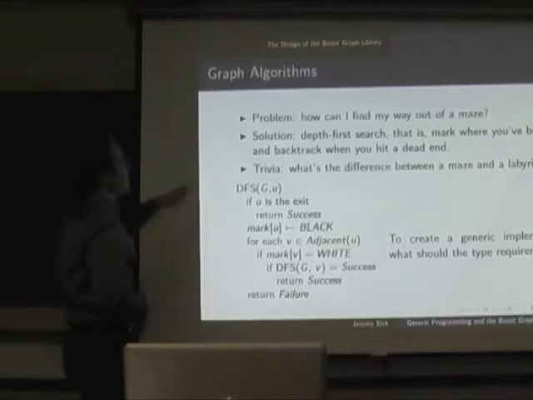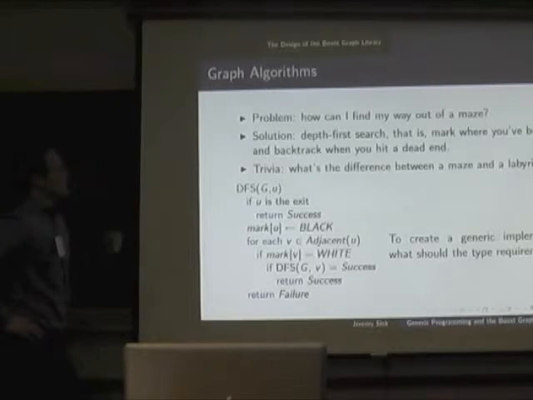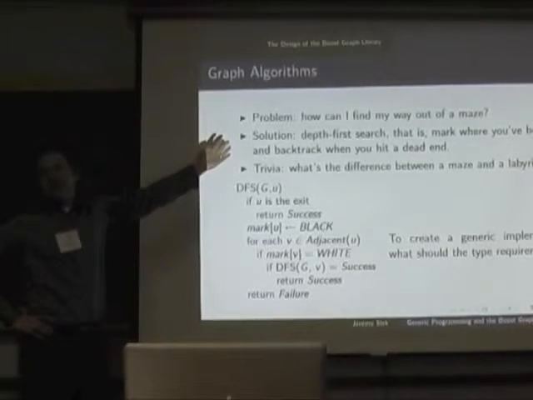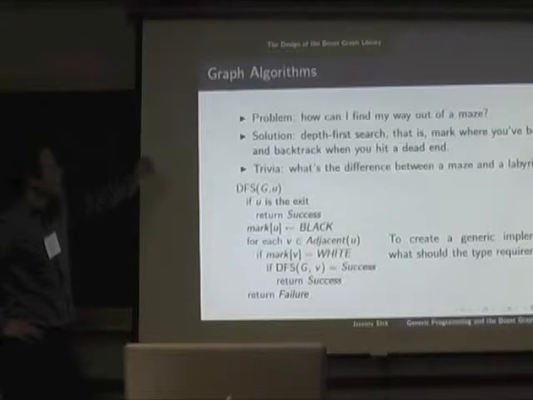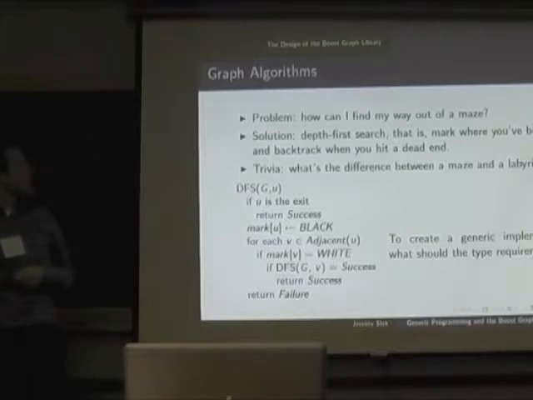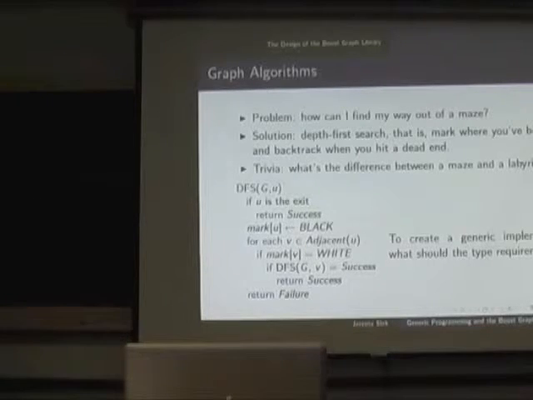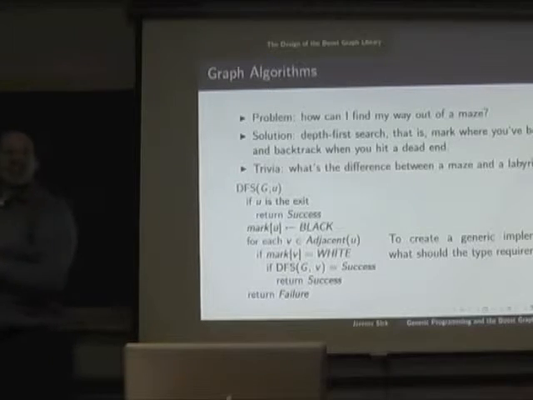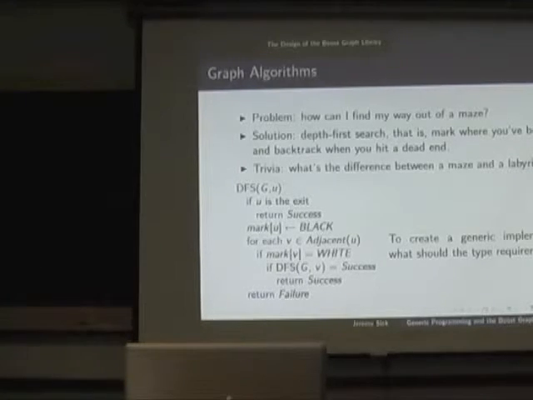Okay, so how do you find your way out of a maze? Well, if you're familiar with graph algorithms, you can just say, hey, that's just depth first search. Or in fact, you could use any exhaustive search to get yourself out of a maze. With depth first search, this is the trick where you mark where you've been, and then if you hit a dead end, you backtrack to some hallway where there's an outgoing way that you haven't marked yet. And of course, then you've got all these wonderful stories about leaving breadcrumbs, but then someone coming behind and eating the breadcrumbs, and you're in trouble.